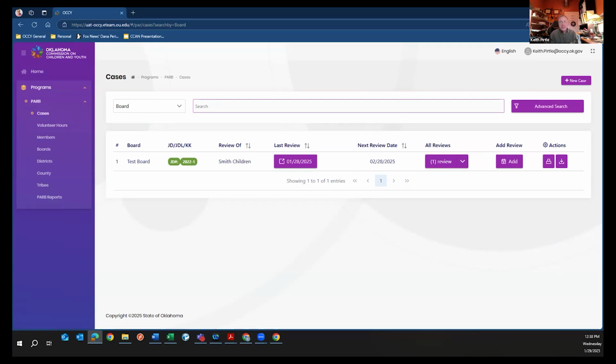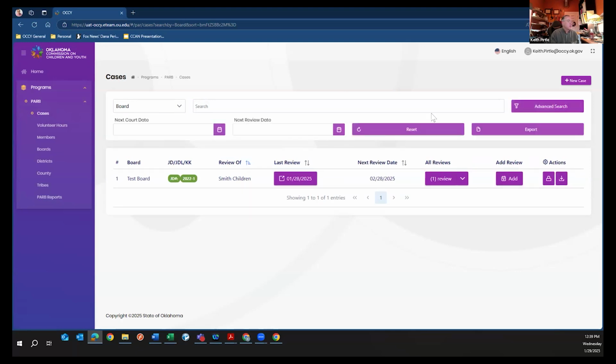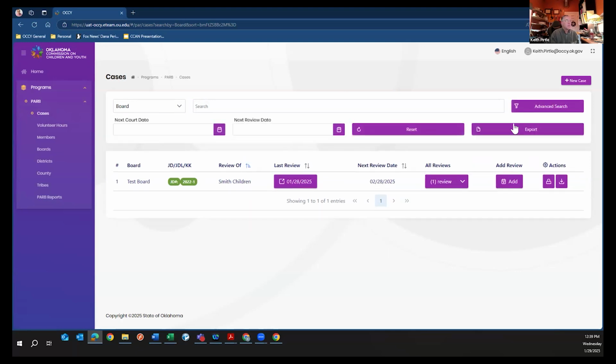I tested this yesterday and I should have tested it this morning. But if I had a list of cases, you can sort by review of. It's only showing me test board.